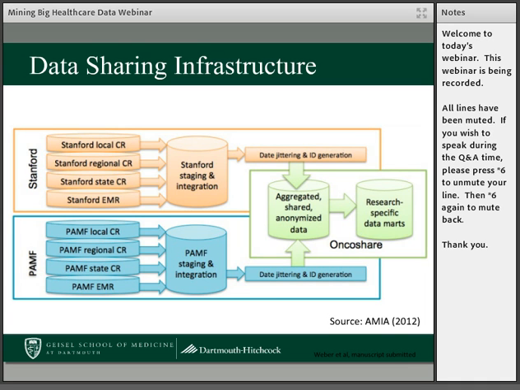Then we had this unique digital fingerprint, which is a de-identified piece of information. And so if they're a patient at both sites that have the same first name, last name, and date of birth, then when they get this new digital fingerprint, they'll have the same ID, and we can integrate the data across the 2 sites without revealing any of the PHI for that patient. So that was an interesting challenge, and it allowed us to get around some of the other legal and regulatory issues around this data.